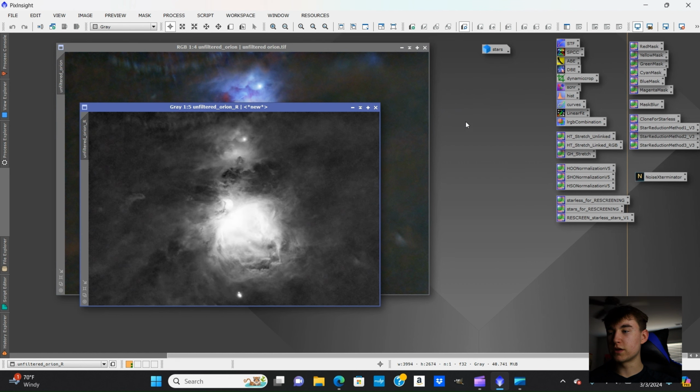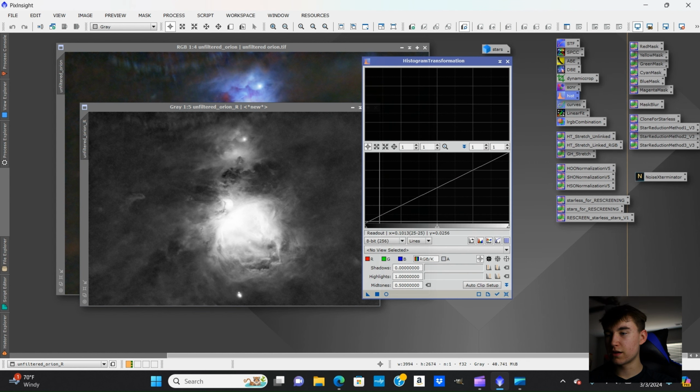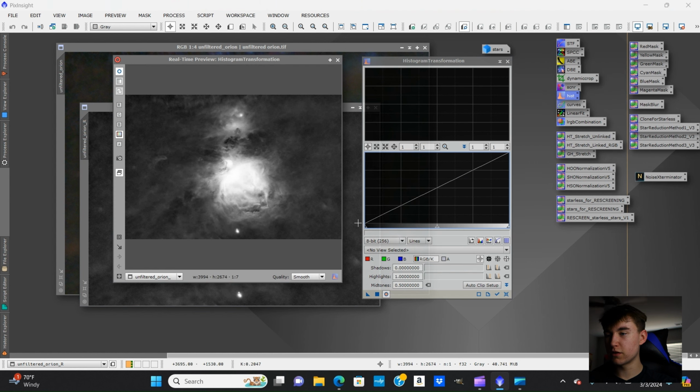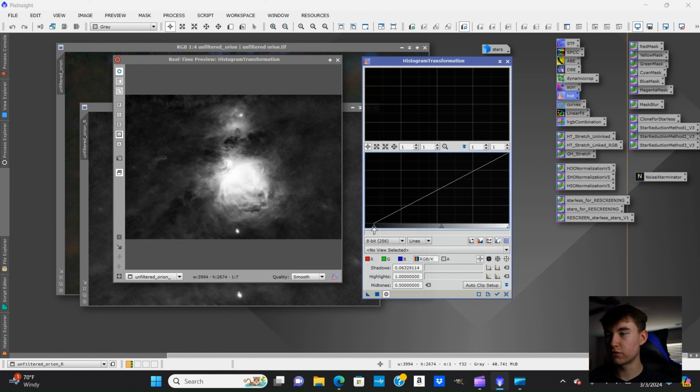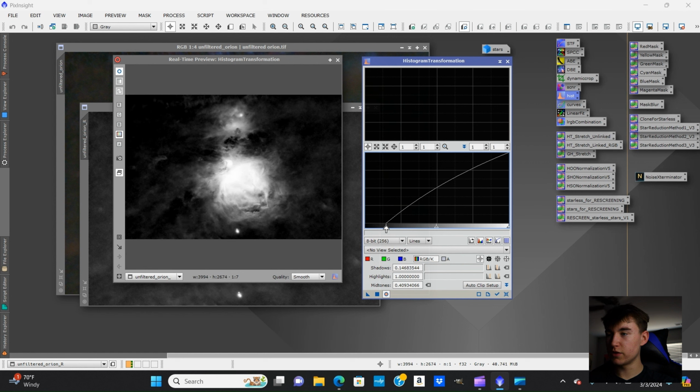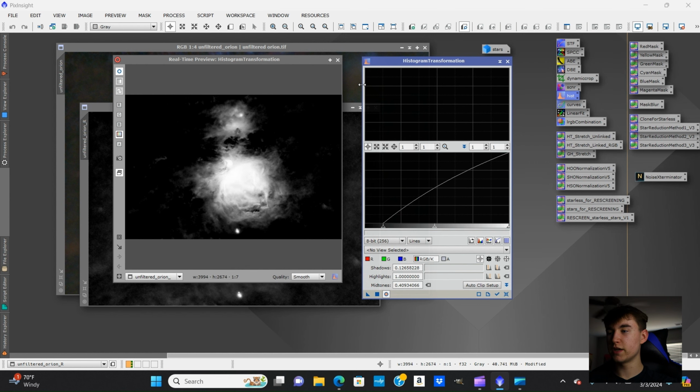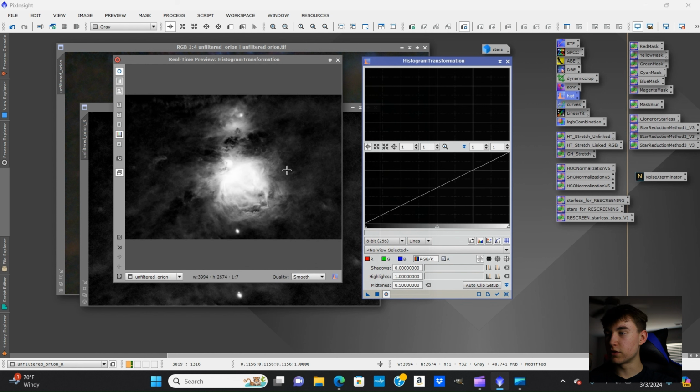So the way that this works, it's very similar to what I was doing with the masking here, but I'm going to make this a little bit more dramatic. I want to get rid of the background stuff going on here, so I'm just going to make this a really kind of ugly stretch. We're going to make sure that we're only dealing with the dust, so it's fine if you clip a little bit of your data, which means basically like this. You don't really want that though. So something like this where you make sure that you have a lot of the nebula still preserved here,